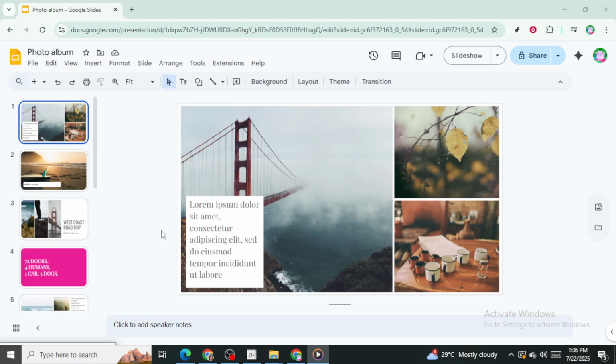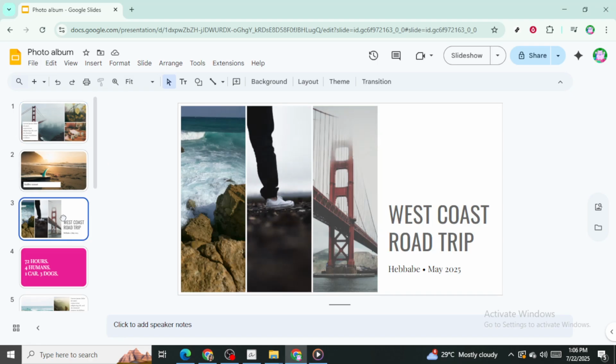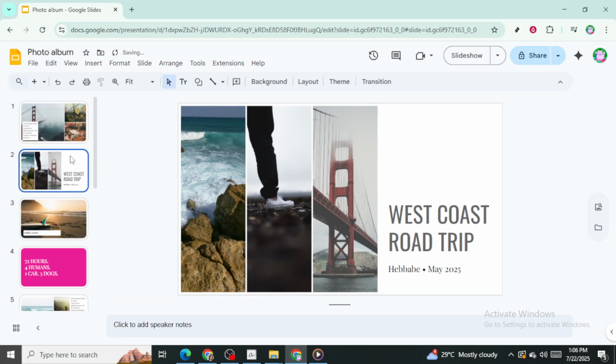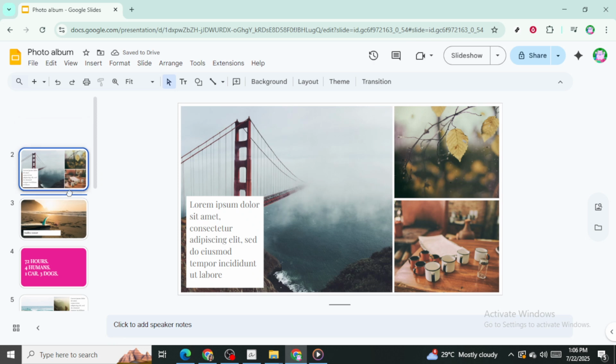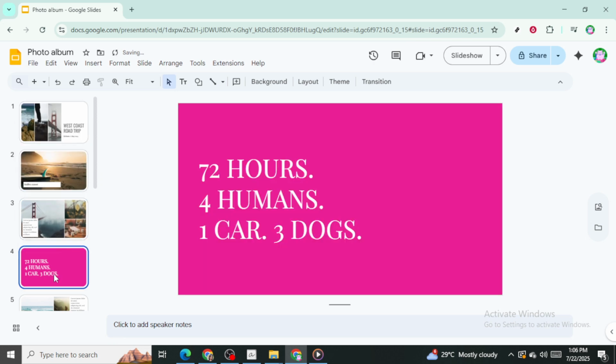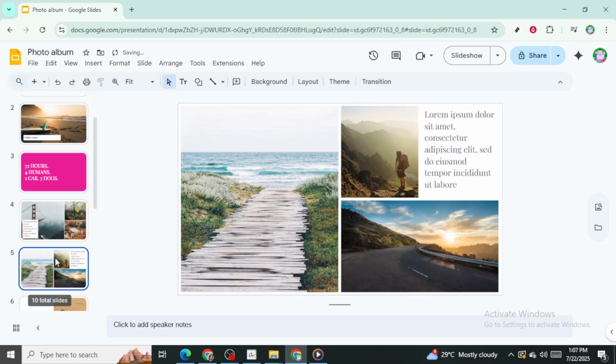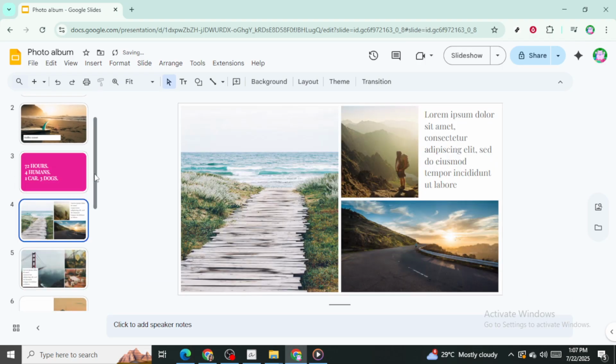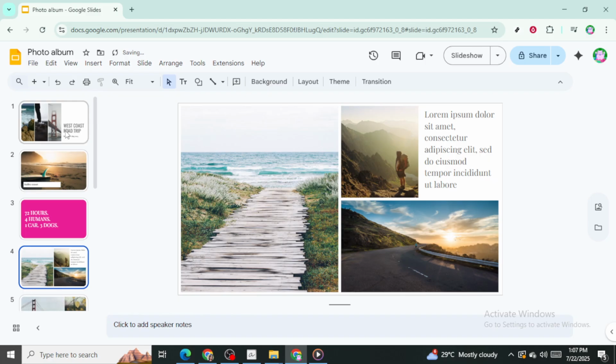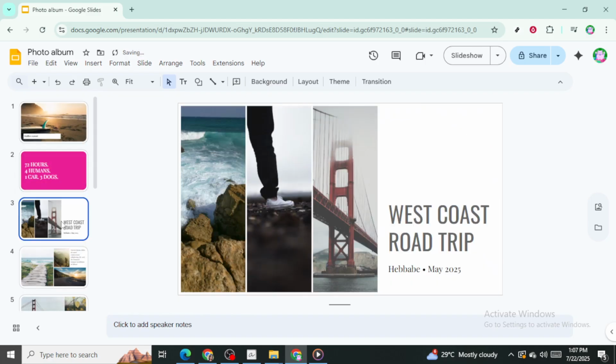To start off, let's take a look at the most straightforward technique, ideal for smaller slide decks. You can manually rearrange your slides by simply dragging and dropping them in your desired order. On the left side of your Google Slides workspace, you'll notice a vertical list displaying all your individual slides. By clicking and holding on a slide, you can move it up or down to a new position. Although this method is efficient for smaller presentations, it can become quite tedious if you're working with a larger number